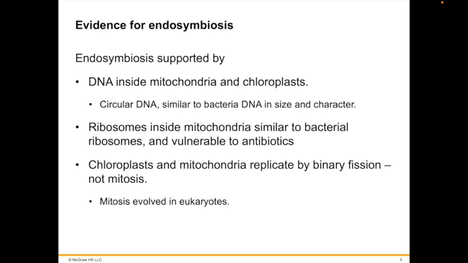Also, the mRNAs produced from the genes of the mitochondrial genome are translated using ribosomes that are very much like bacterial ribosomes in size and structure. Many antibiotics that inhibit protein synthesis in bacteria also inhibit protein synthesis in mitochondria and chloroplasts, but not in the cytoplasm. Further supporting the theory of endosymbiosis, chloroplasts and mitochondria replicate by binary fission just as bacteria do.